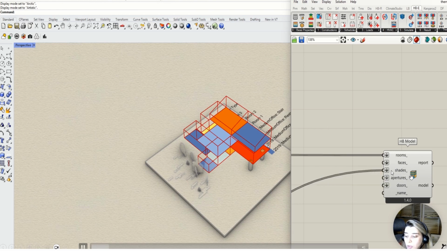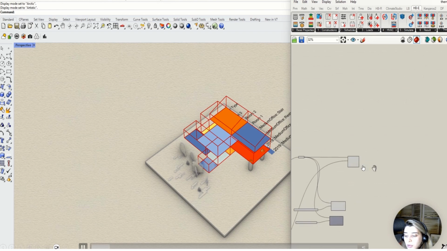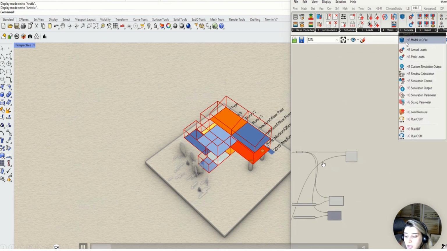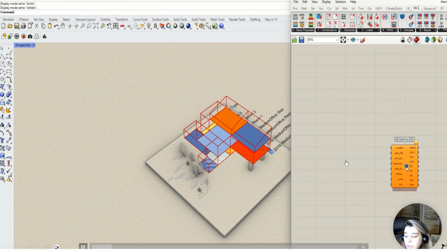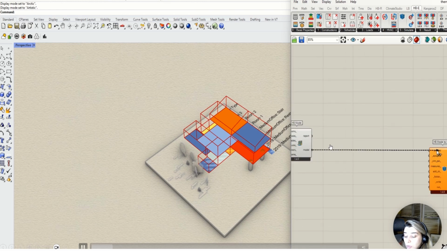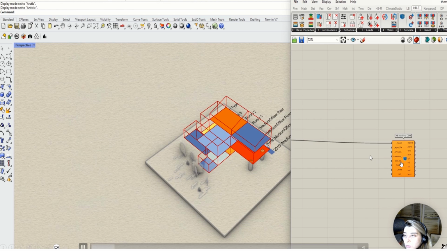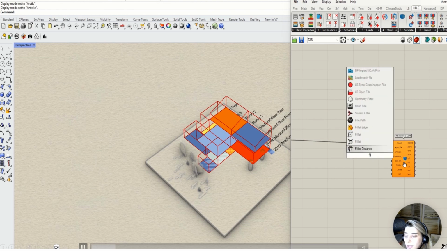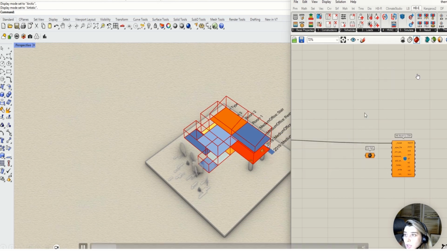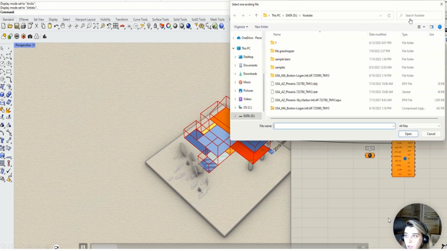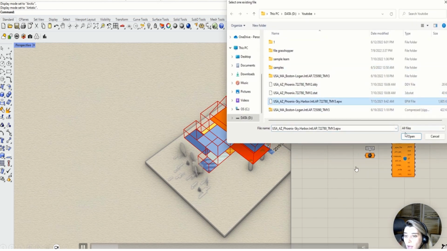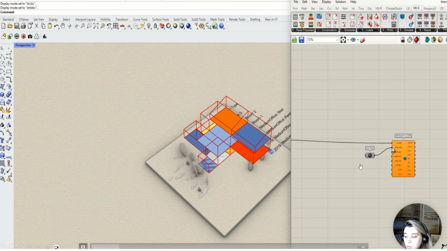For this tutorial we just focus on rooms, but next I will make another tutorial so you can know how to add the faces. Let's go and add Open Studio component. You can find it in HB Energy and in part 5. And then let's go to add